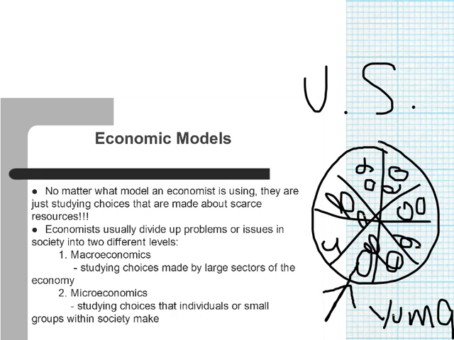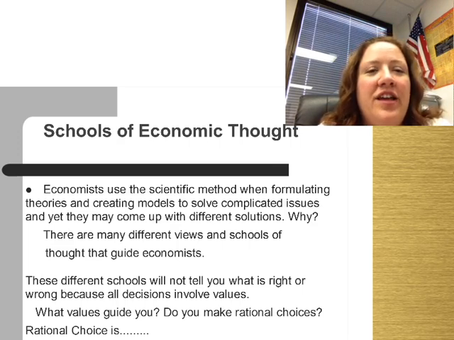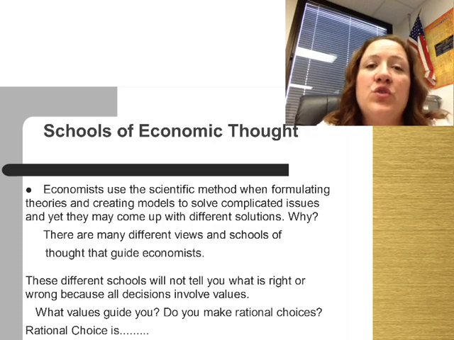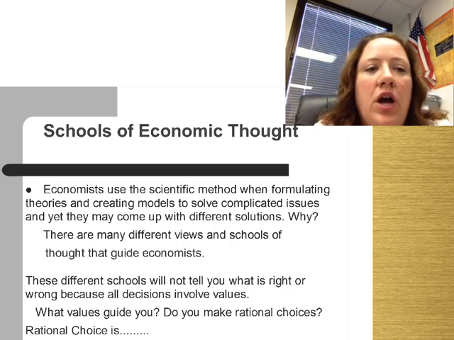So you can see, depending on your viewpoint in a micro or a macro level, depends on the solution you come up with. Okay? So looking at things in different ways will help you to, like we said, given your perspective, you may come up with a different solution. The different solutions that economists come up with basically become different schools in economics, different points of view, all right? And we like to say that not one school is right or one school is wrong, okay?